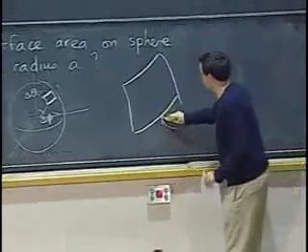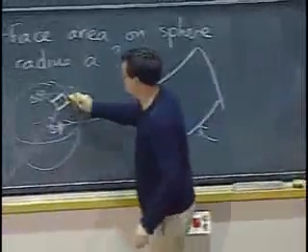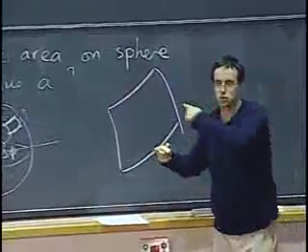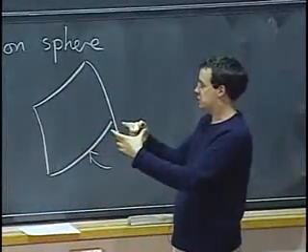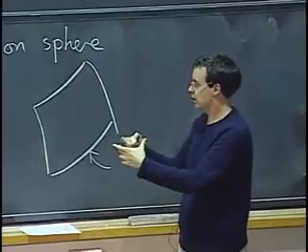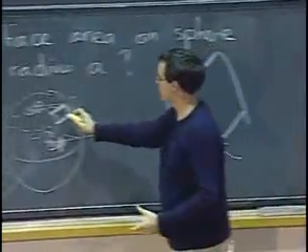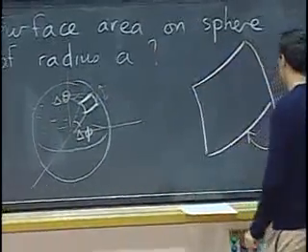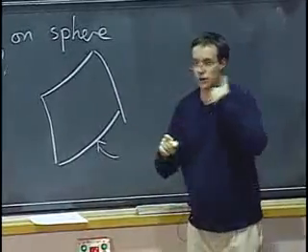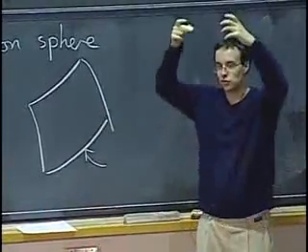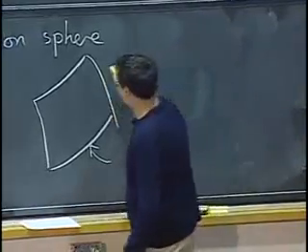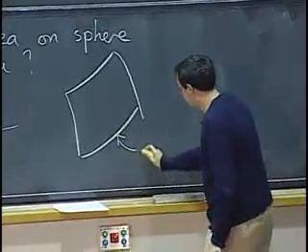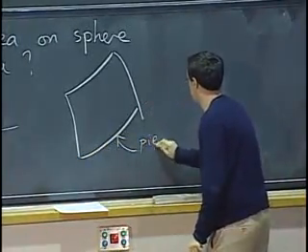Okay, so I think I need to draw a bigger picture of this. This is a piece of what's called a parallel in geography. That's a circle that goes east-west. Now this parallel is a circle of radius less than a, because if you're very close to the North Pole, it will be much smaller. That's why when you say that you're going around the world, it depends whether you do it at the equator or at the North Pole. It's much easier at the North Pole.